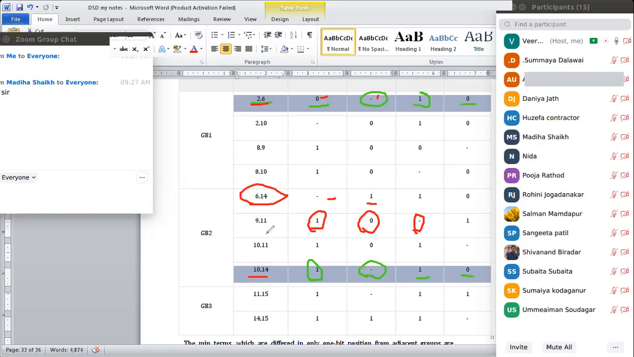Let us check 10, 11. 2, 6 with 10, 11. Here it is 0, here it is 1, one difference. Here it is minus, here it is 0, another difference. Here it is 1, here it is 0, minus. So another difference. I will not go for this. So I will go for 2, 6 and 10, 14. Okay. So like this,